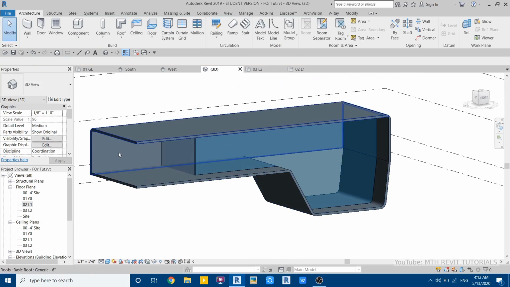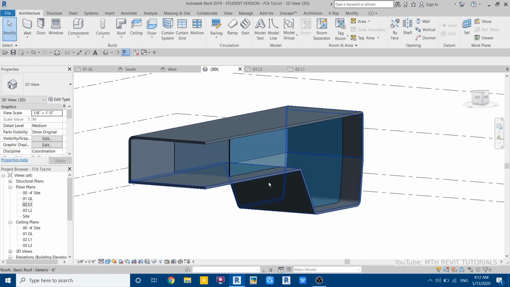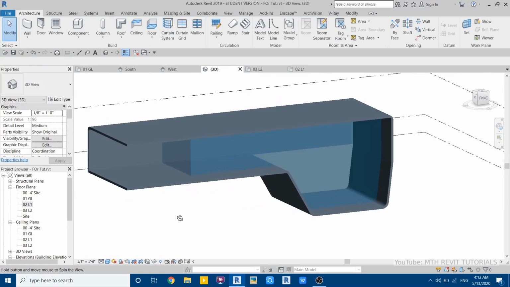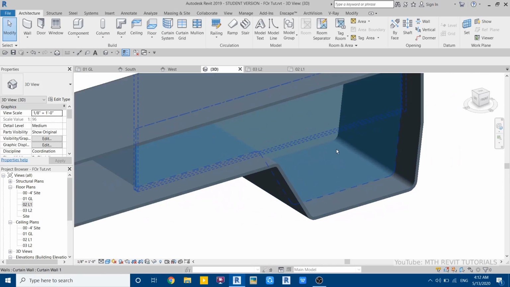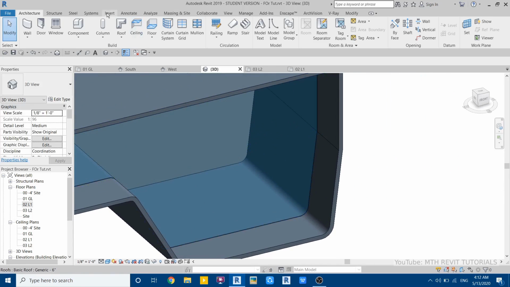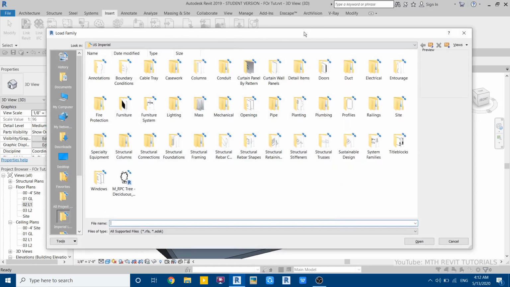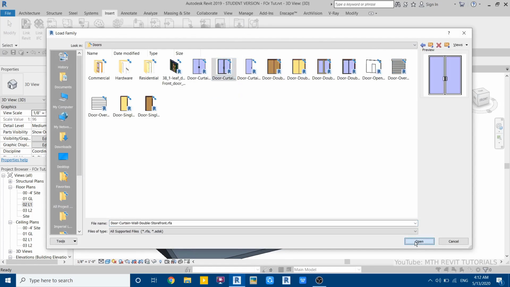Now we only need to create glass here on this side as well as here, so we will use a model in place to create that, and we have to place a door here as well. So let's place that first. Go to insert, load door, load a new door family. Go to doors, select this double door, open,